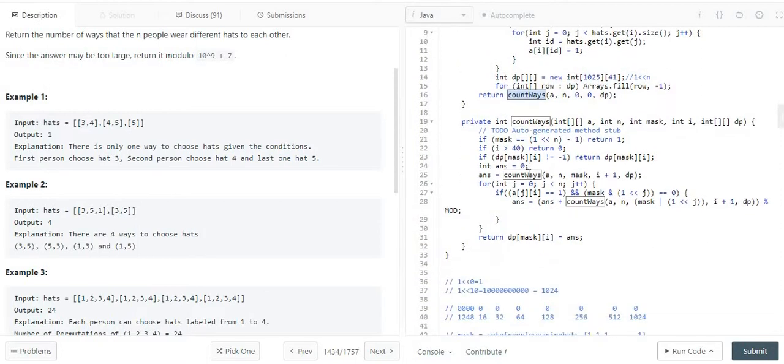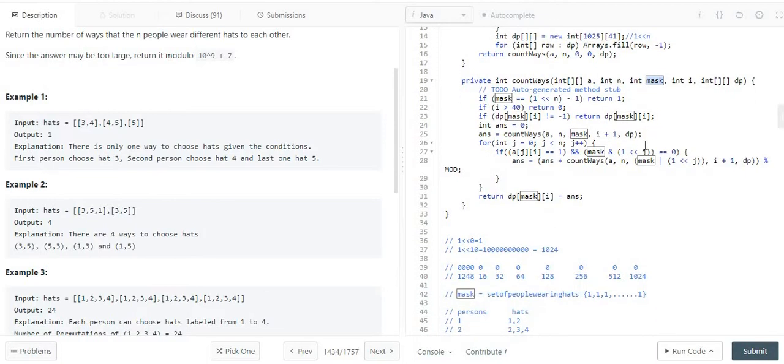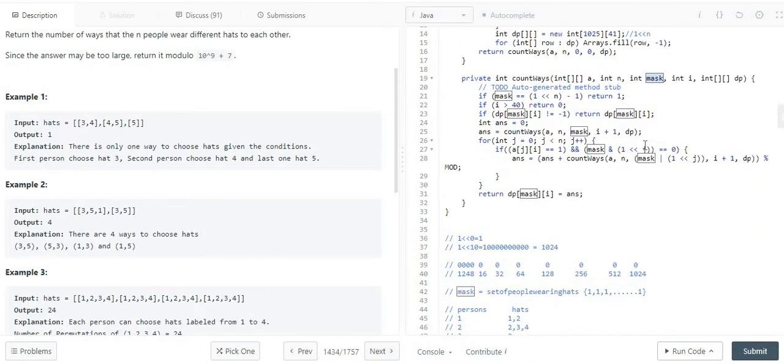and then I am calling this function countWays. So basically in countWays, what is the meaning of this mask? To get an understanding of this problem, I would suggest you check my playlist where I have uploaded 2 videos on one-dimensional bit masking problems. It will give you a good background on how to solve the typical bit masking problem.